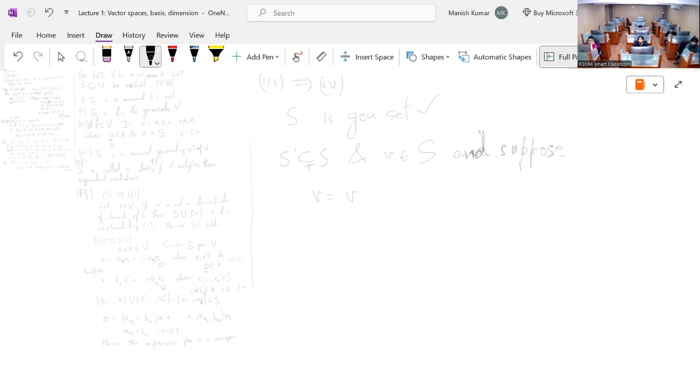And suppose v belongs to the span of S prime. So we are assuming, suppose it's not a minimal generating set. S prime is smaller than S and it generates the whole of V. So then you can write v also as summation a_i v_i, where